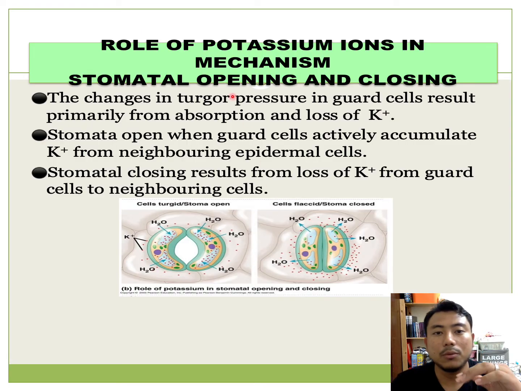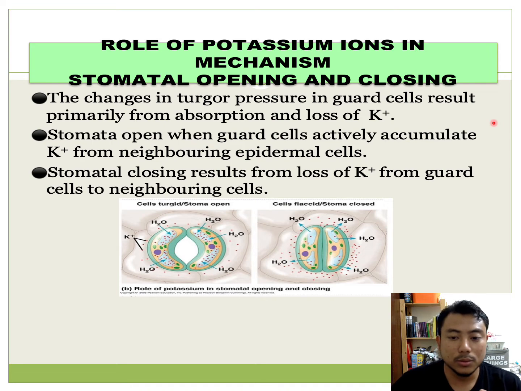Okay, so now we're going to discuss the role of potassium ions in the mechanism of stomatal opening and closing. Okay, so for our syllabus, it is in fact the potassium ion that plays an important role in causing the stomata to open or close. So here it says the changes in turgor pressure in guard cells result primarily from absorption and loss of potassium